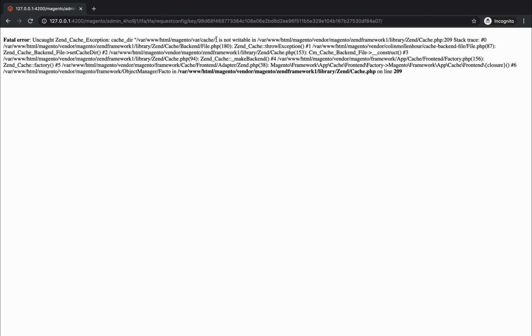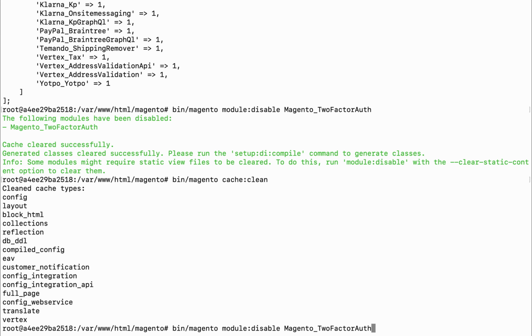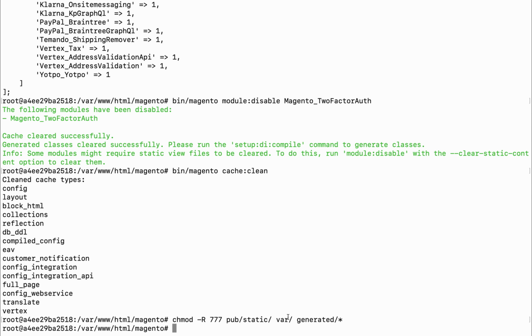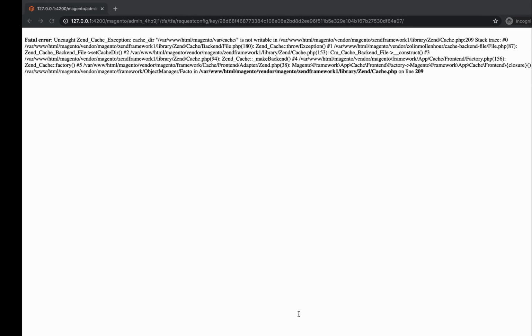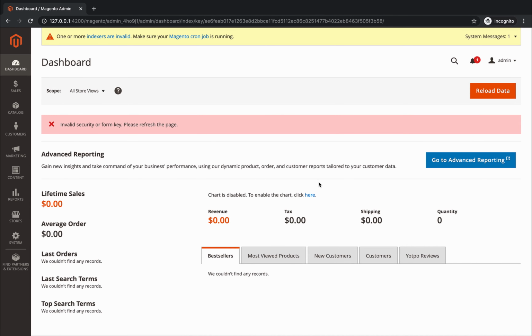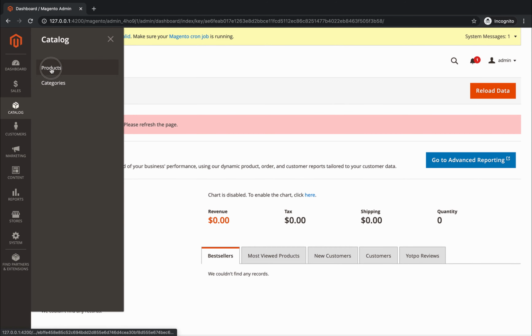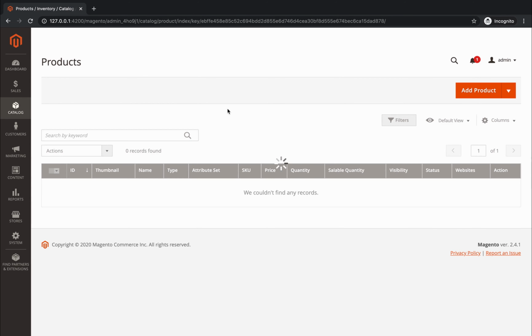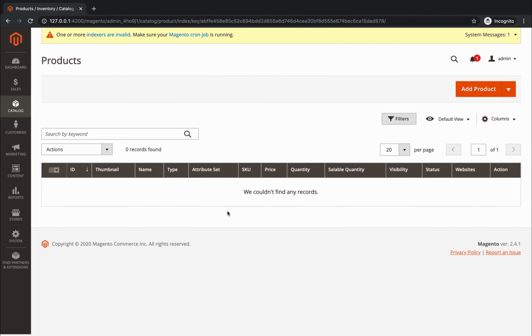Again I see the permission issue, so I will change the permission again for pub, static, var and generated folders, and I will reload this page. You can see I have successfully logged into the admin panel and I can navigate to different pages in admin, and it's working fine.